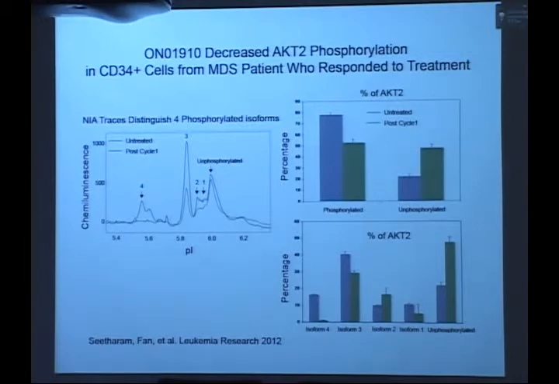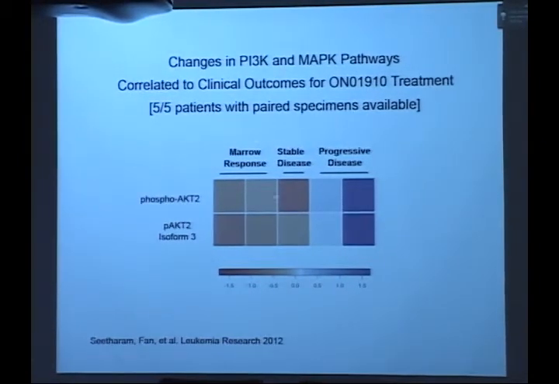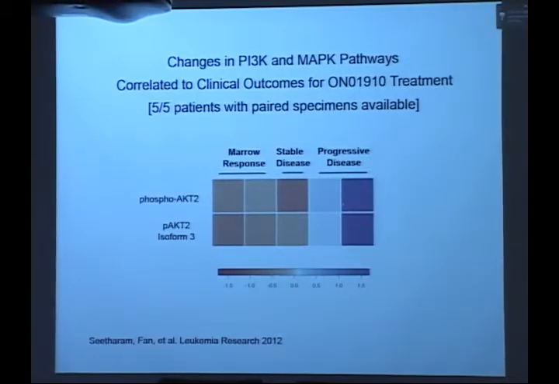So having this high level of resolution really allows you to figure out to what degree different isoforms are changing. When we looked across 5 different patients before and after, this is now graphed, minus 1.5 to 1.5, we can see that phospho-AKT2 actually decreased in patients that had the marrow response or stable disease, and in those that had progressive disease, it actually increased. And most of that result was due to isoform 3, so that would be the key isoform to look at